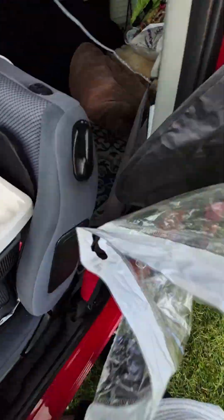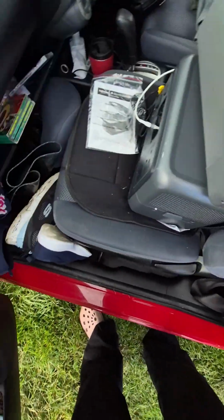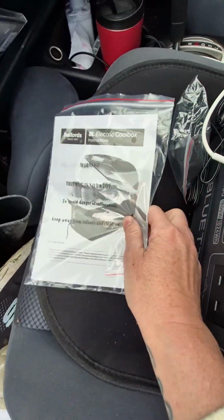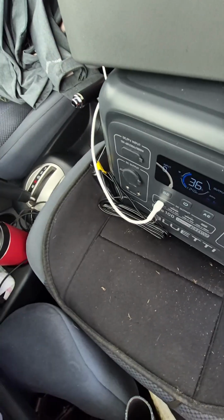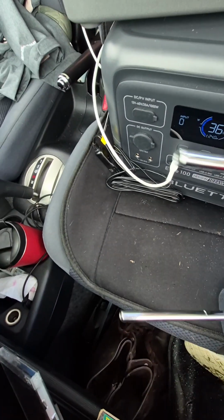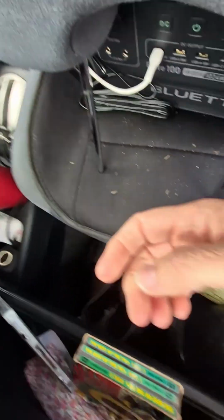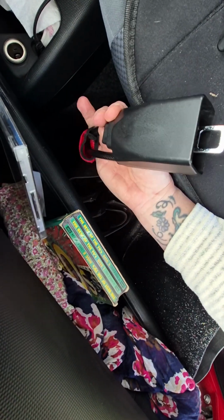Let's cover for the window blind, the front blind. In here, oh my goodness, the fridge cooler thing and the strap for it, because it comes with a strap apparently. In here, right, the headrest for the front seat, which I can put back on now. I took it off because it drives you mad on a night when you always want something over here. So what I've got down here, my steering lock,